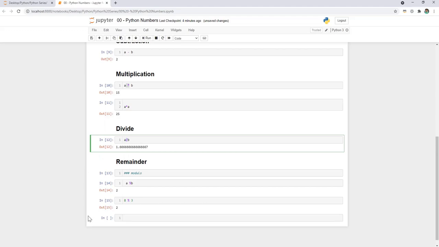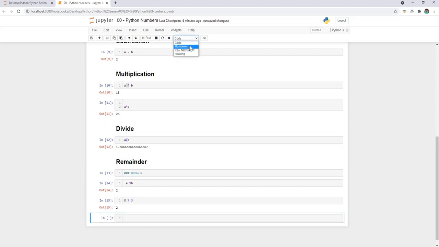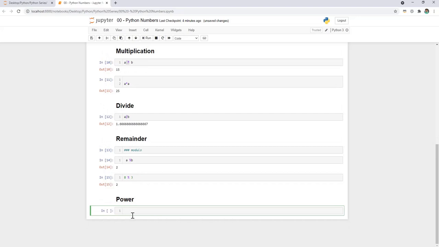And now let's see power. If we want to raise to a power, in mathematics we mostly use a caret like bracket to power 3, but that doesn't work the same in Python. We have to use a double asterisk. Suppose 2 to the power 2 should be 4.